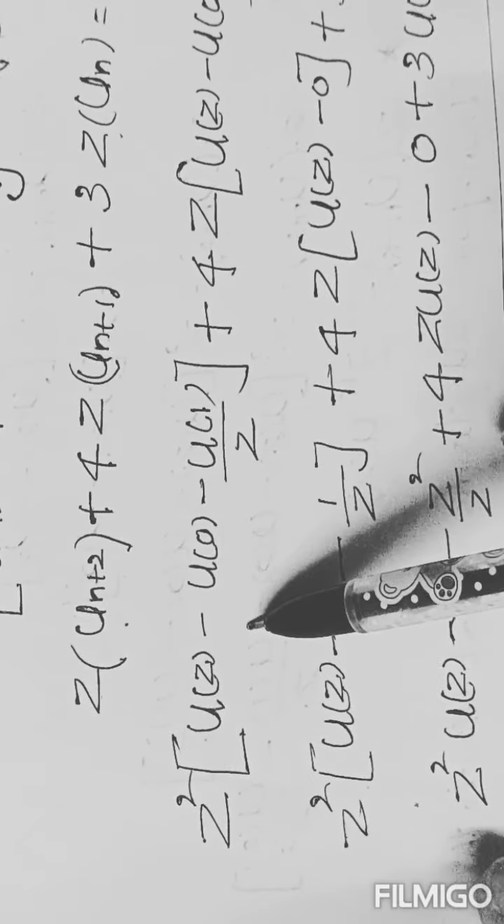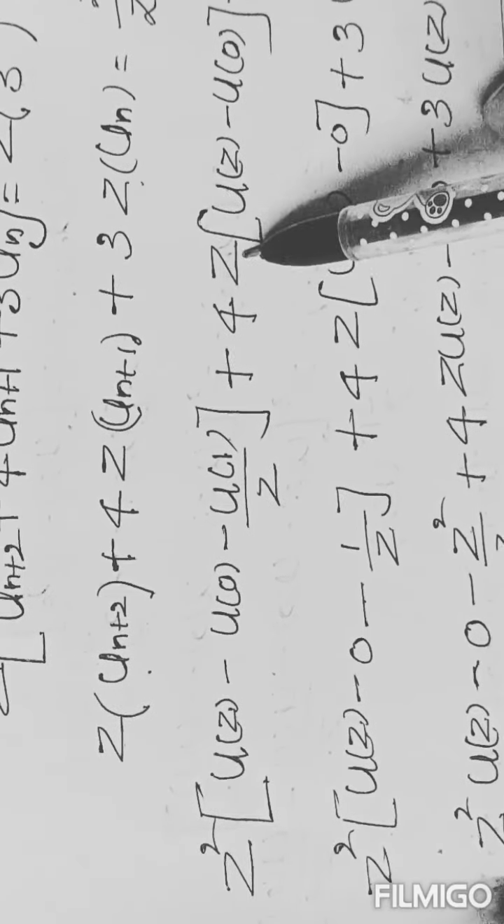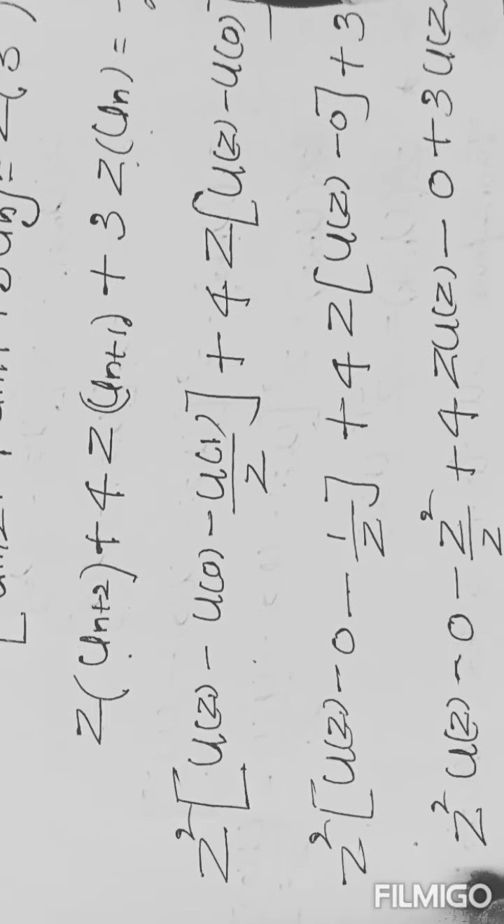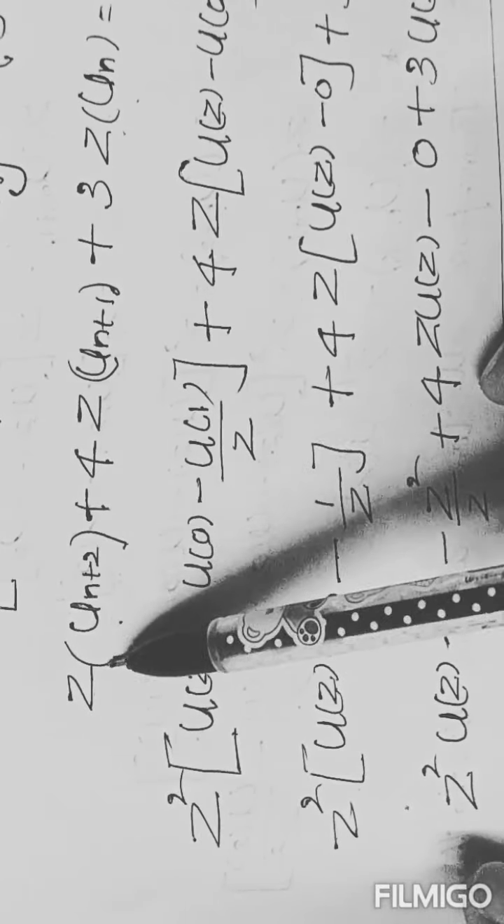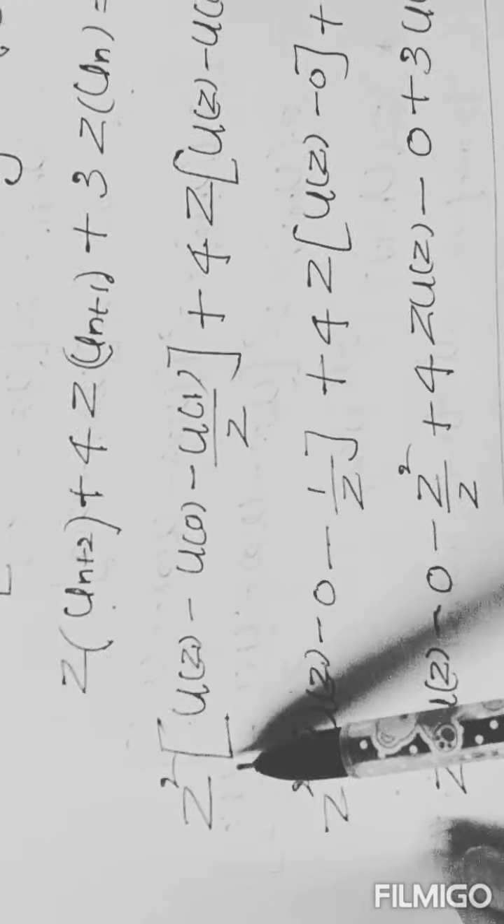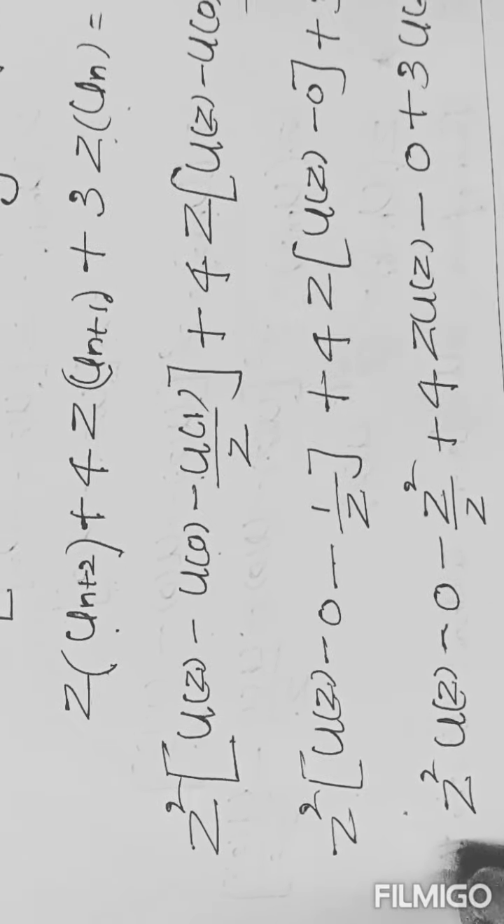After that, Z of u(n+2). This is the left shifting rule formula. In the working rule, they already defined the Z of u(n+2) formula, Z of u(n+1) formula, Z of u(n) also. Every formula is defined in the working rule. As per that working rule, here the Z of u(n+2) value is z square of U(z) minus u(0) minus u(1) by z,